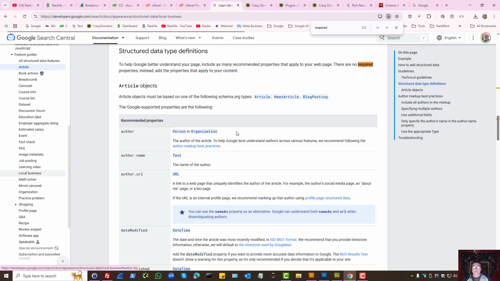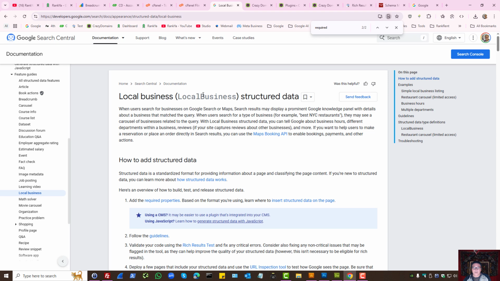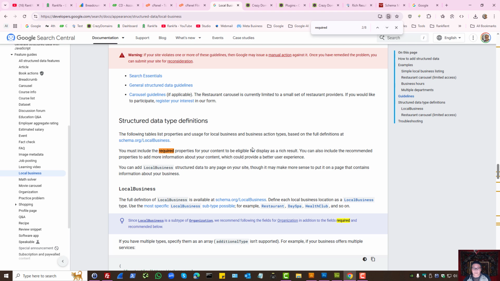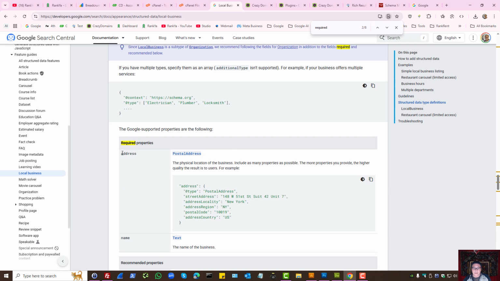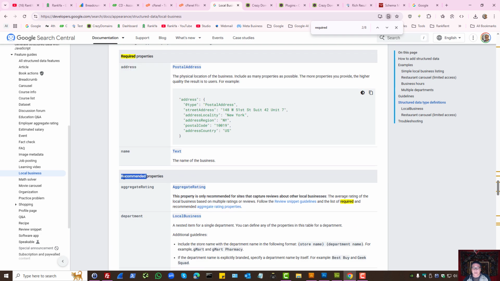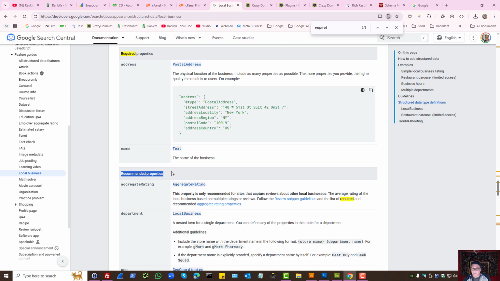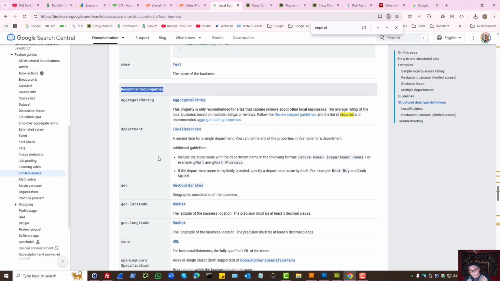Let's say you're a local business owner. Then you can add local business markup. Search for required properties on this page itself, and at minimum, have the required properties. And you look at recommended properties and say, okay, which one is appropriate? Because some of them may be appropriate for a local business markup and some may not be. While here,